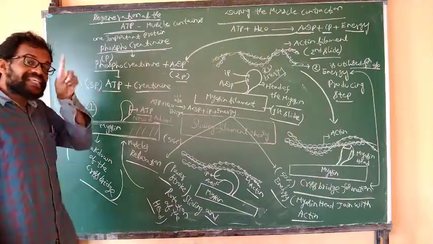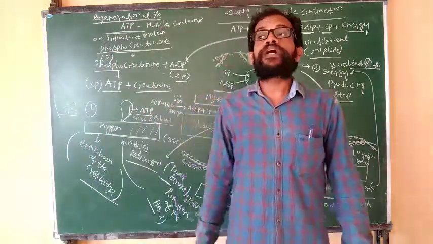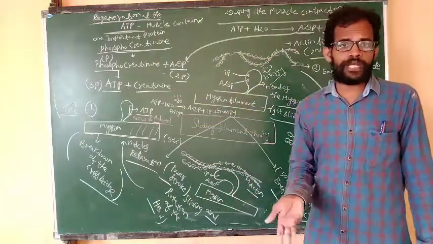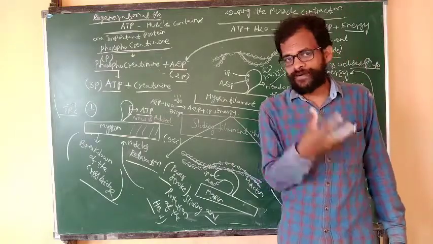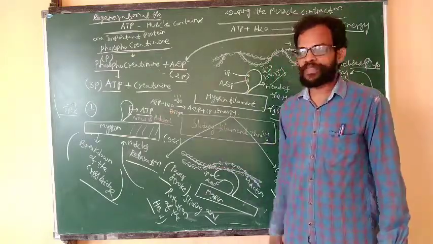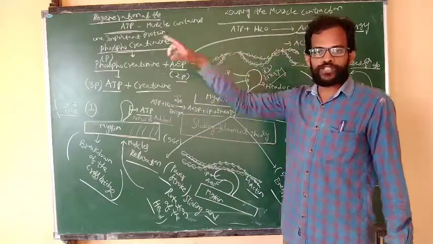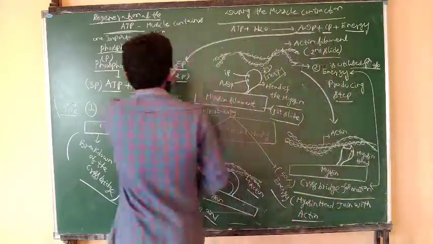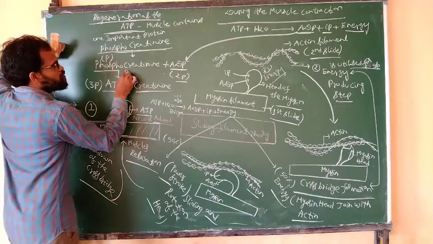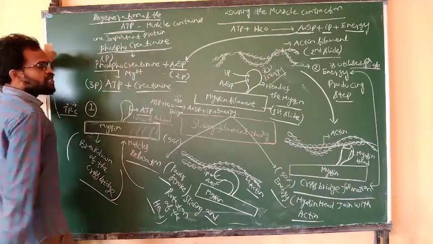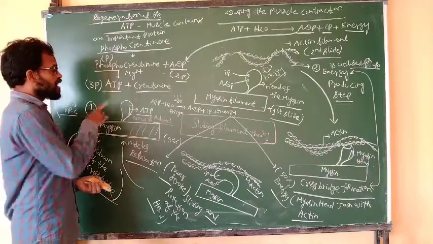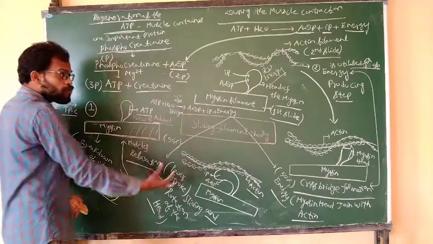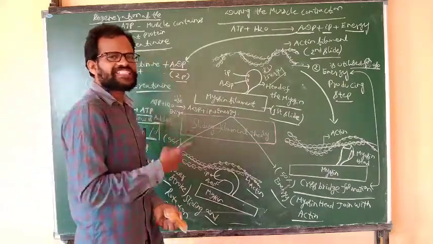How is new ATP added during the muscle relaxation? One ATP has already broken down, and the energy was utilized for the cross-bridge formation and the power stroke. How is the second new ATP added? The muscle contains one important protein known as phosphocreatine. It reacts with ADP in the presence of magnesium ions and produces adenosine triphosphate. Again the cross-bridge formation and power stroke, again the ATP breaks down, and again new ATPs are added. These reactions repeat continuously.